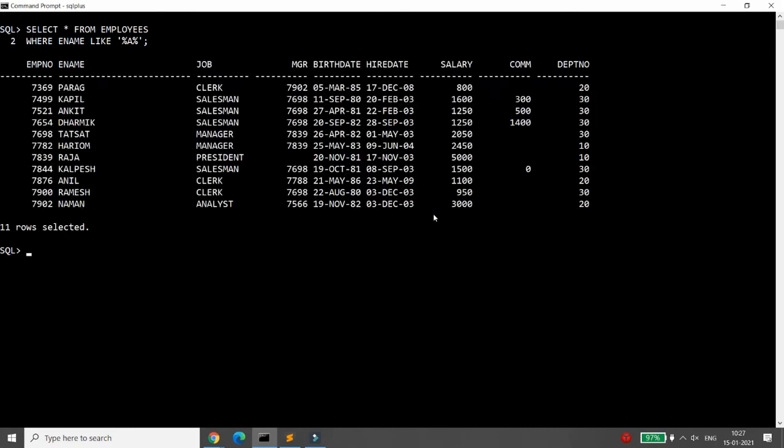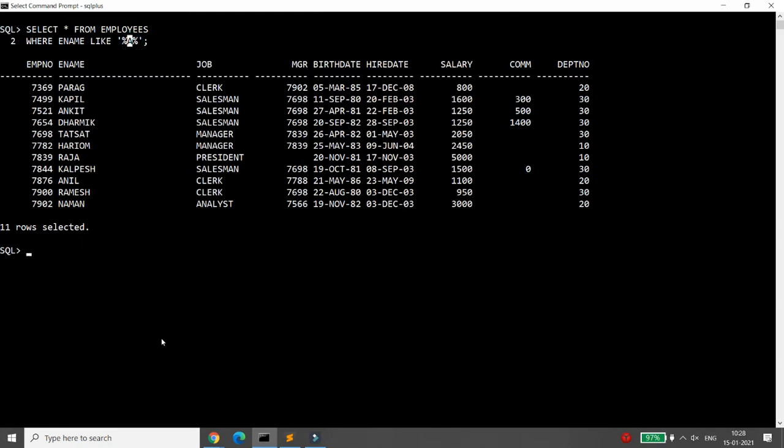If you look carefully, it will give you all the data whose names start with A also. Why? Because percentage means zero or more. Even if your name ends with A, like Raja, it will still give you the data. And if your name contains A in between, it will also give you the data. Why? Because I am using percentage A percentage. So percentage means zero or more, and it will give me all the data whose name contains A.